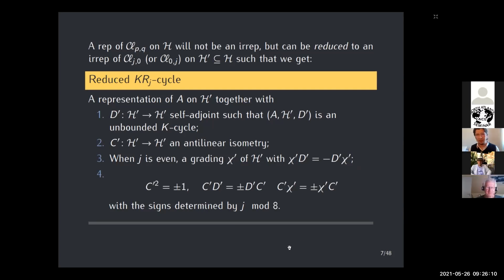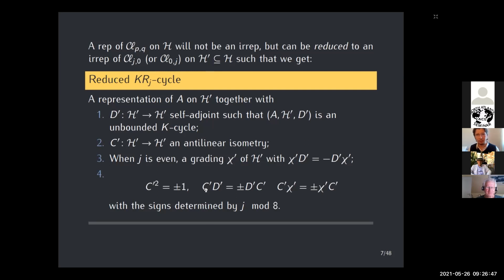The issue with this procedure is that, in general, a representation of a real Clifford algebra on a Hilbert space will not be irreducible. But we can reduce the chaos cycle in such a way that you can get an irrep, but in doing so, you go from something with signature PQ to something with signature J0 or 0J, where J is just P minus Q mod 8 or Q minus P